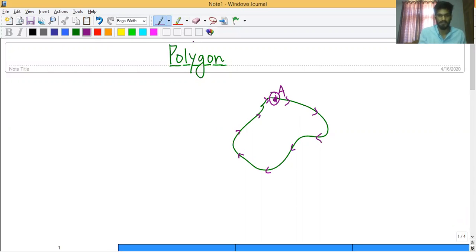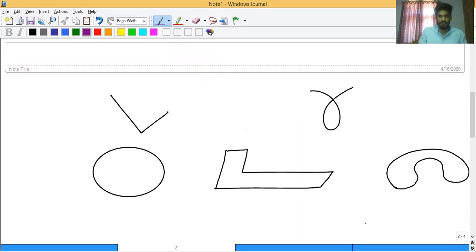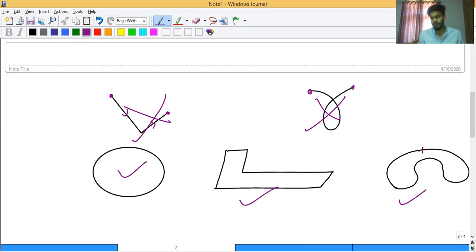Alright. First of all, let's see some examples over it. So we have these shapes. See this. If I pick a point here, I move along, I end up here. Initial point and final point are different. It is not a closed curve. Okay? No. Same here, if I start from here, I'll end it here. No. And in these three, if you see, when you start from a point, you will again reach on the same point when you will move along the boundary. So these kind of shapes are closed curve, or we can say simply closed curve.